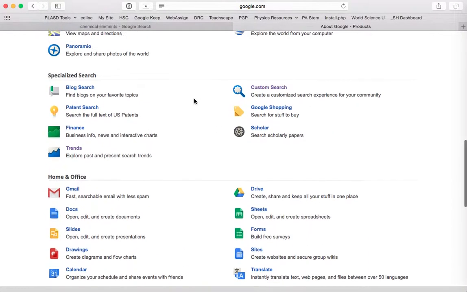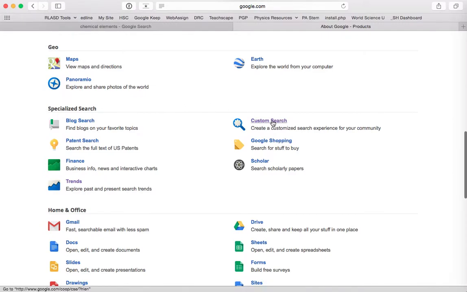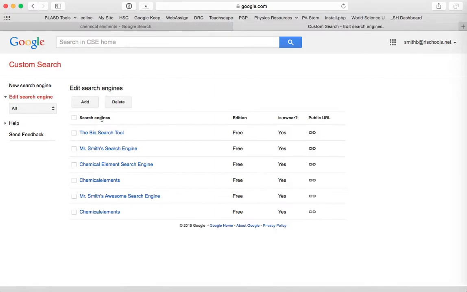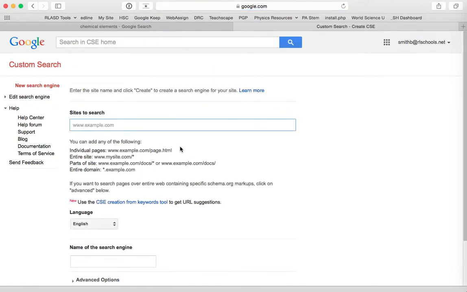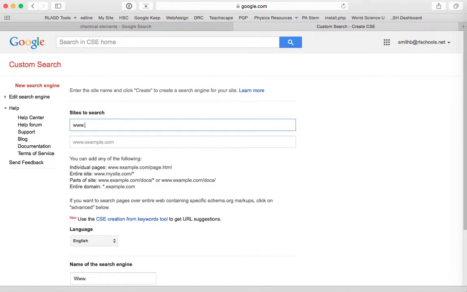So if you look at it, it's about halfway down the page, it says specialized search and custom search. So when we go here, what you'll see is you can add your own search engines. So I'm going to click add. And it says, what are the sites to search? So I might say